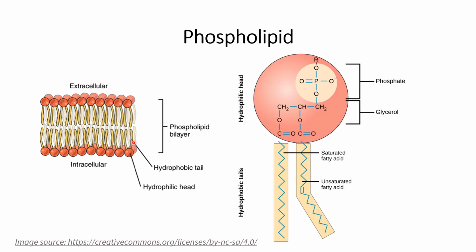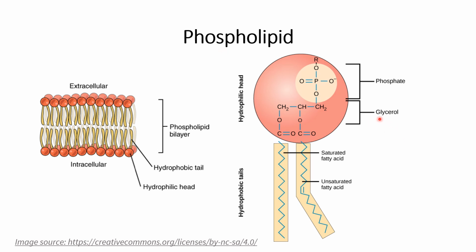If you zoom in, you will be able to see the structure of a phospholipid, with the tail and the head shown clearly here. Phospholipids are divided into two groups, glycerophospholipids or sphingophospholipids, based upon the type of